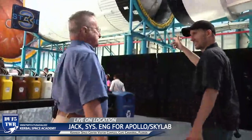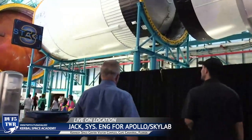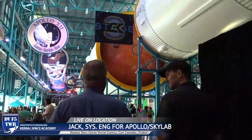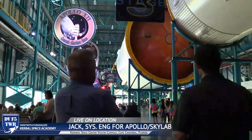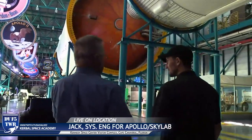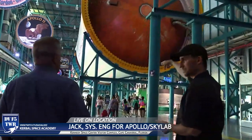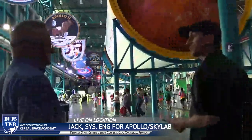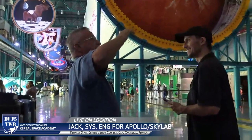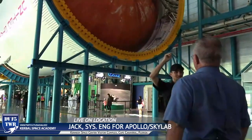What was the name of this stage again? The Saturn 4B. All right. Let's see if we can go see the business end of the Saturn 4B here and check out the engines that are going to push this thing along. The Saturn 4B only has one engine, and it's a J2 engine. Right. It's the same engine the second stage has, only the second stage has five J2s. So they designed an engine, and it's the same engine here as a little bit further down the rocket. Now, neither one of which are reusable. You just light them once and you're done? Well, except it makes a liar out of me, because they used the one on the third stage twice. All right. Let's get around here,